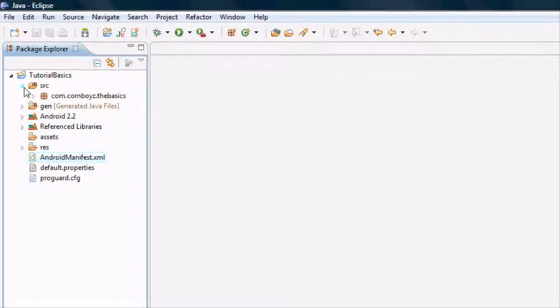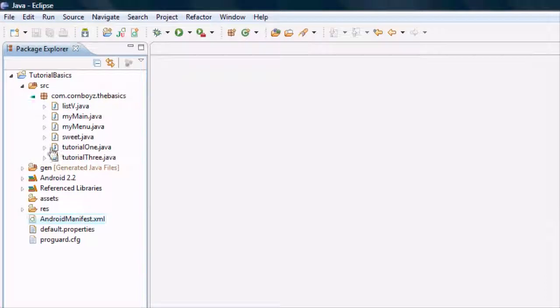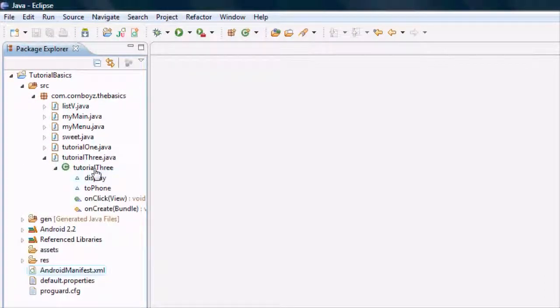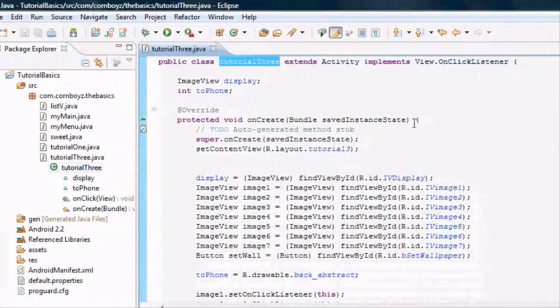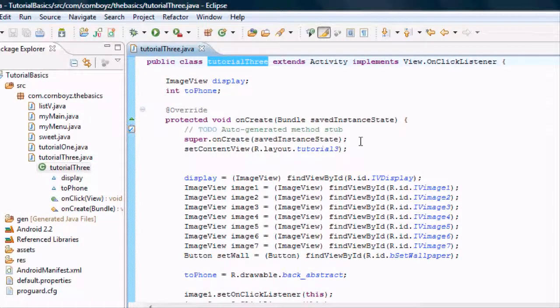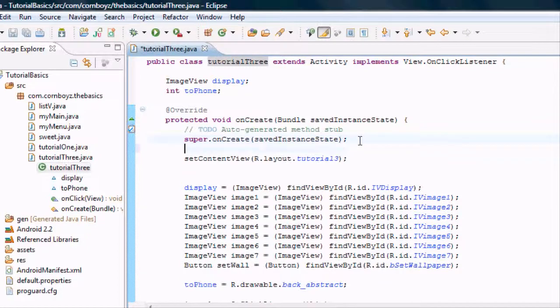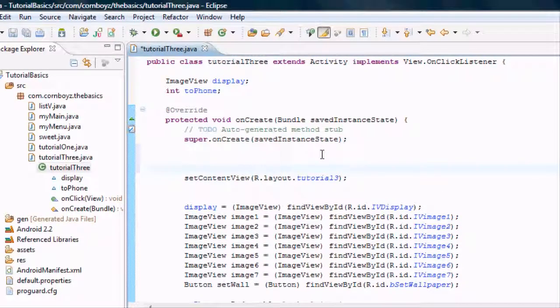Now what we want to do is set that same app up to be full screen. So we're going to open up our tutorial 3, and before the set content view, we're going to set up a few more functions to get it full screen. What we need to do is request the window feature, and this is going to basically get rid of that title that we had. So we need to first hit request window feature,